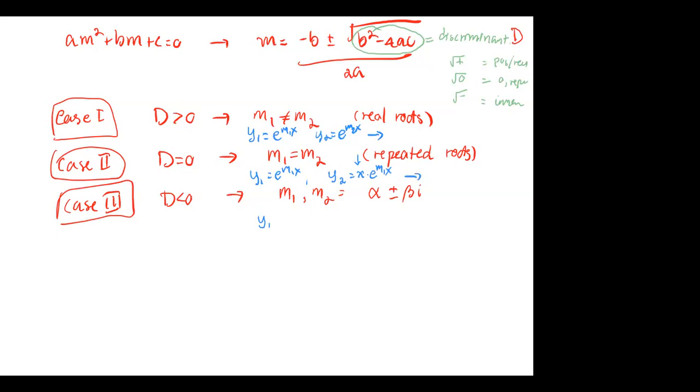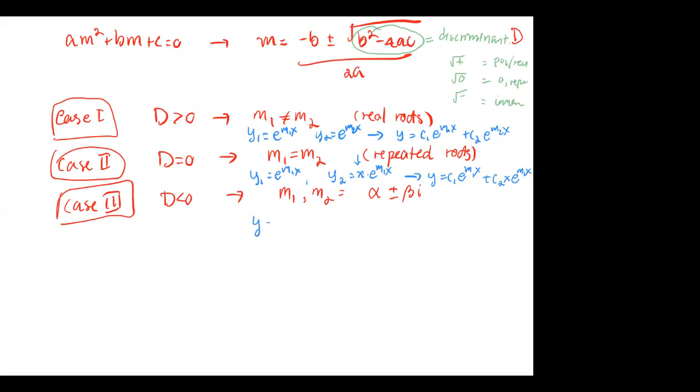Before I get to the last case, let me go back to case 1 and case 2. When you have 2 individual solutions, you put them as y equals c1 e to the m1x plus c2 e to the m2x. And for the second case, we have y equals c1 e to the m1x plus c2 x times e to the m1x, where m1 and m2 are the same. For case number 3, when you broke it into 2 different pieces, you have to use Euler's formula to bring them back together in the same solution form. So the general solution,